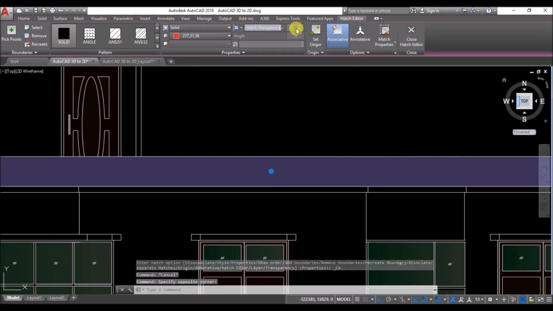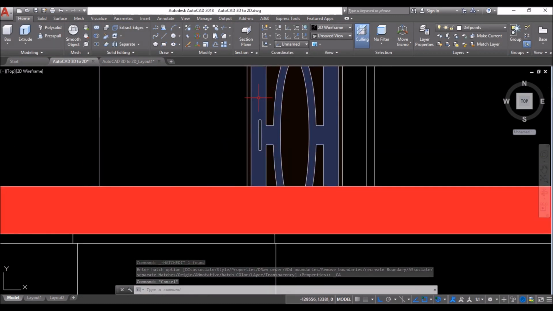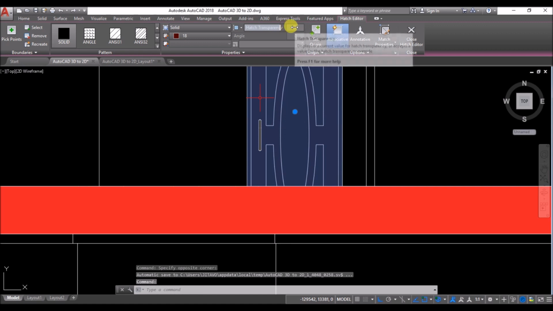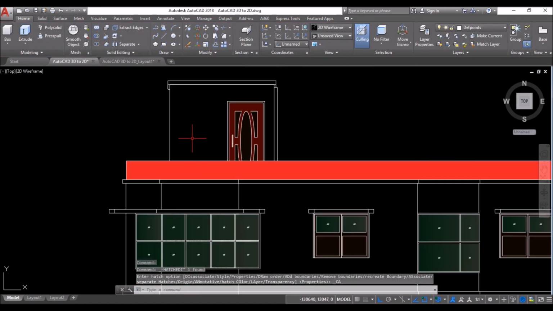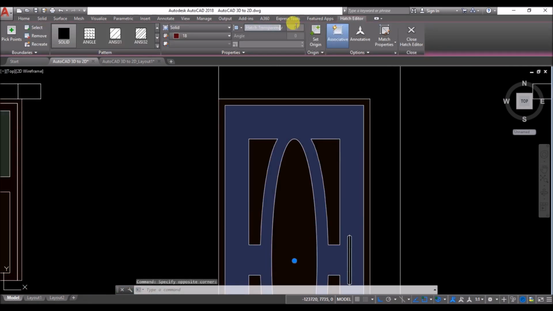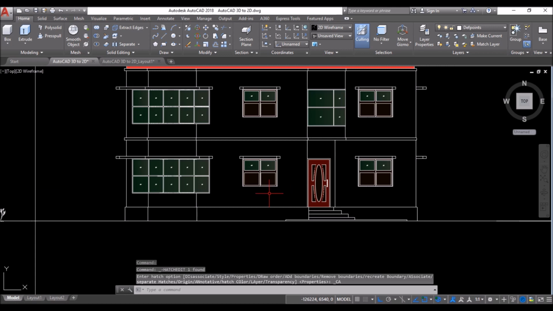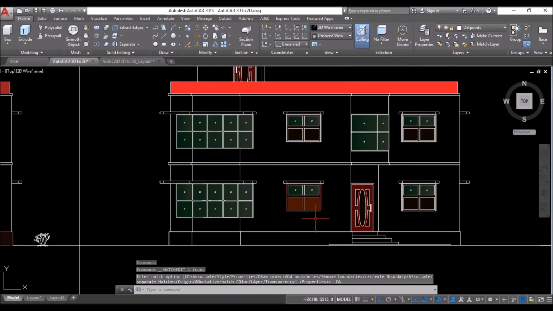I'll select the transparency to 0. For the doors as well. As well as for the windows so that these look contrasty.